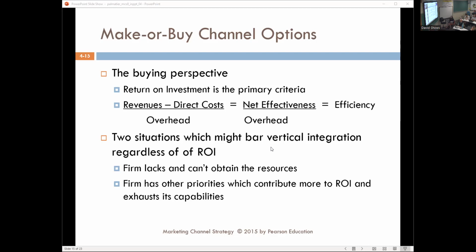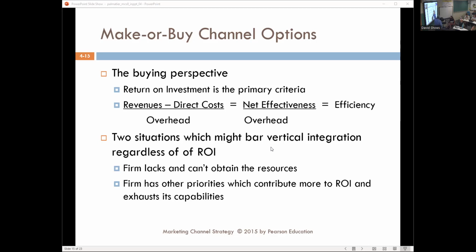The financial success is when you make more money than you invest. And that's what return on investment means. All right. It's the primary criteria that you do everything. And that's ultimately the reason why you're in business in the first place. So what does this mean? So you have two things you want to increase.